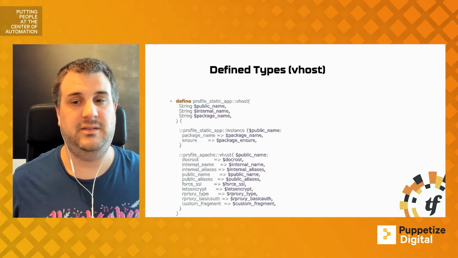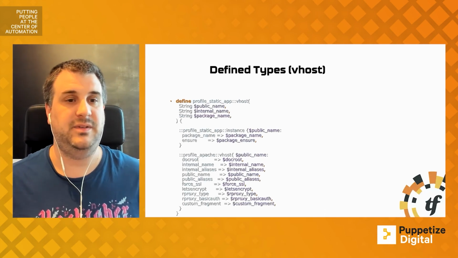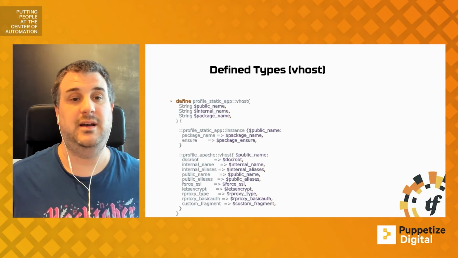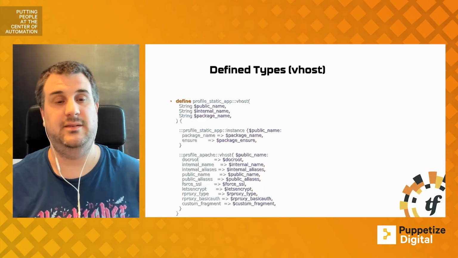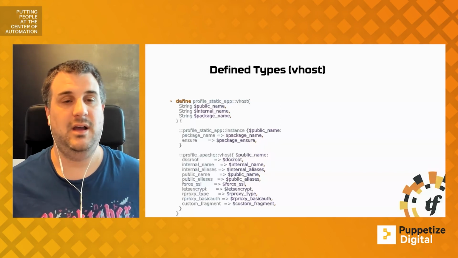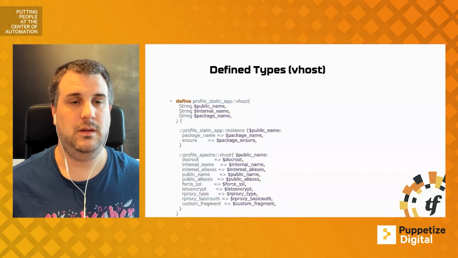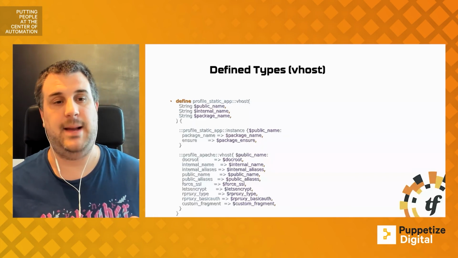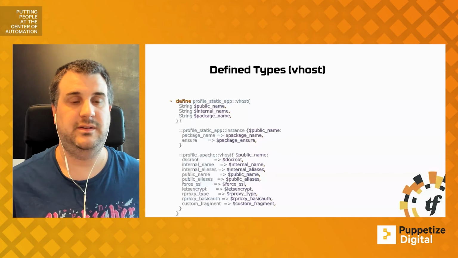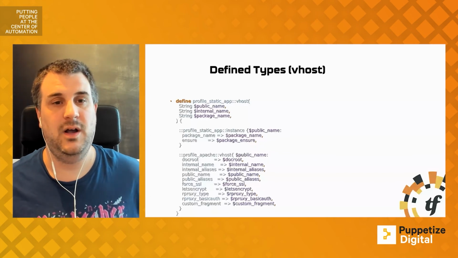So what I suggest is wrapping defined types that you use a lot into your own defined types, where you set more sane values for your own environment. So in this case, I've not only wrapped the Apache vhost define type, but I've wrapped that into another define type where I say